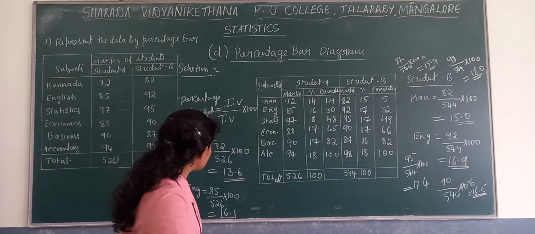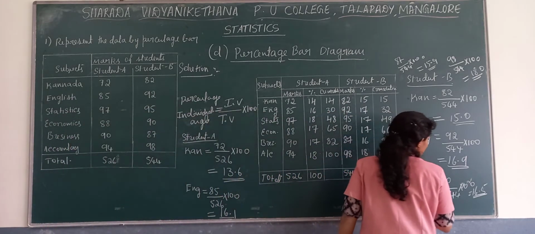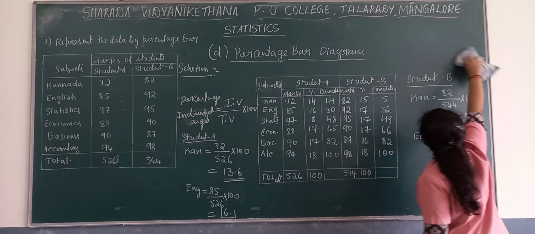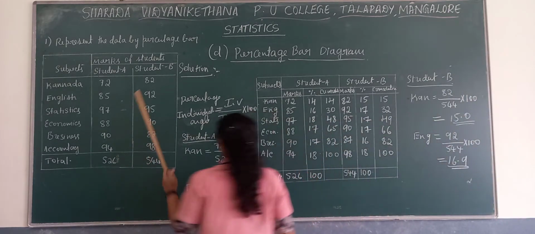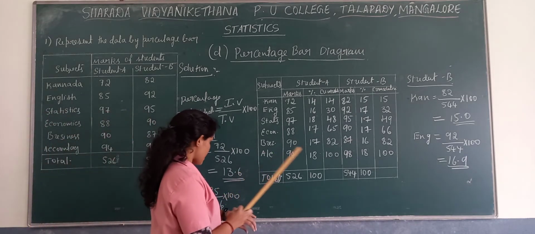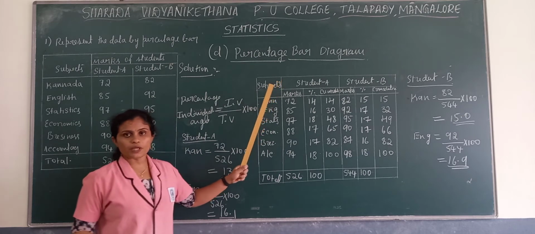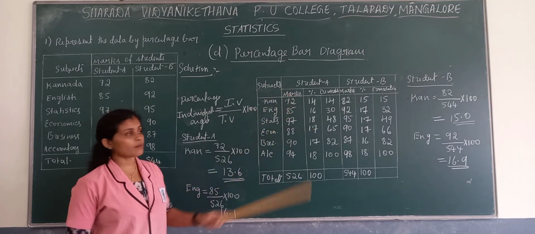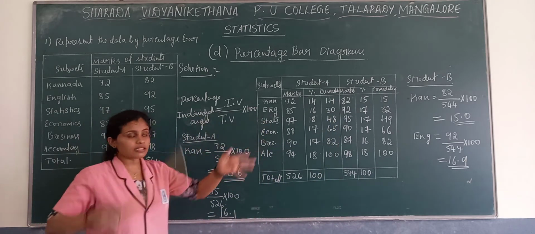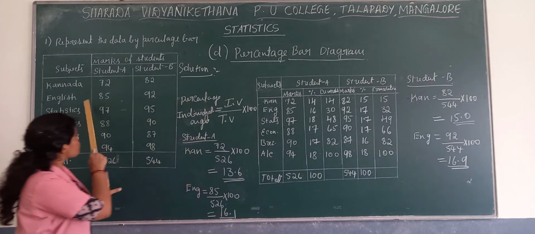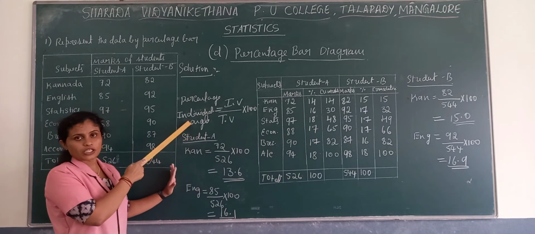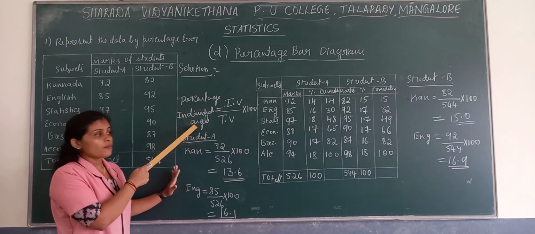Now we will erase the unnecessary information which is not necessary. This we can erase. Now we end with the table here. As I said, we need to make a separate table here, student A and student B. Each student contains 3 columns. First one is marks, the direct marks they have been given. Then we need to make the percentage through this particular formula. We need to prepare the percentage values.